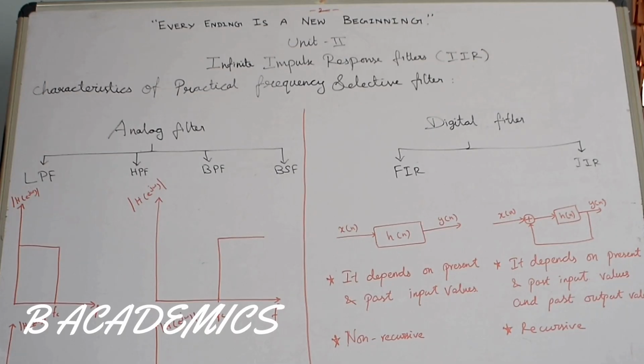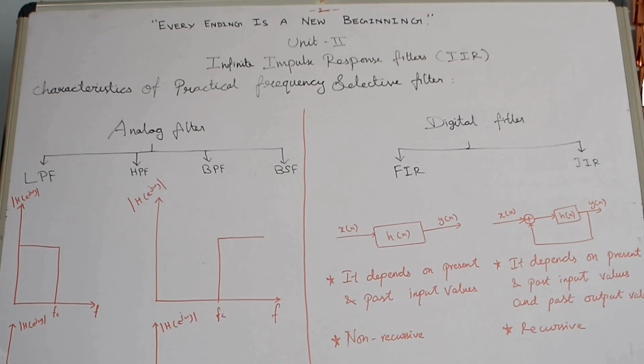In this video, we are going to start with our next unit, that is infinite impulse response filter. Before we start with our topic, first we must know what is a filter, right? What is a filter? In general, a filter is a device which is used to remove the unwanted object from a particular thing. Same way, in signal processing, a filter is a component which is used to enhance or to remove some quality of the signal based on the specific applications.